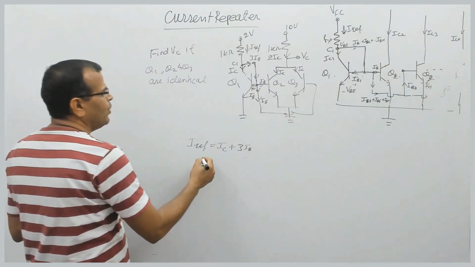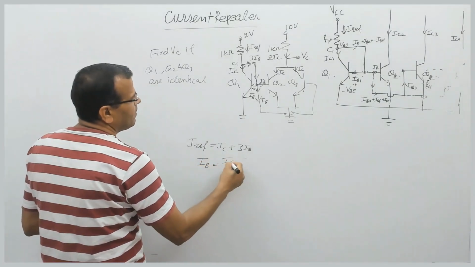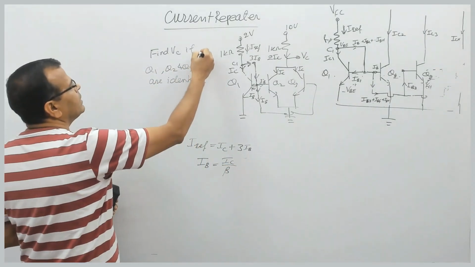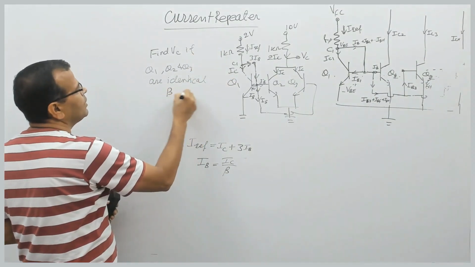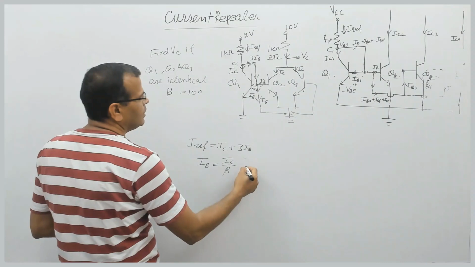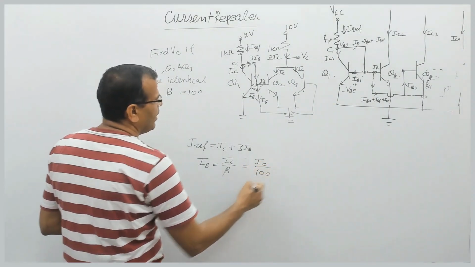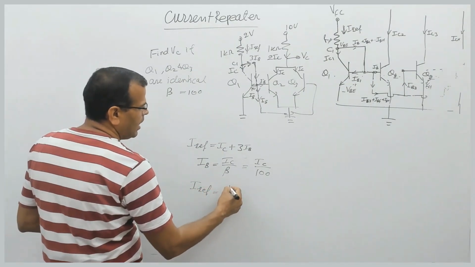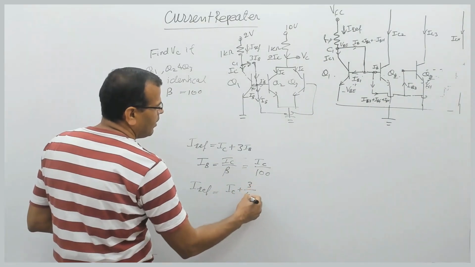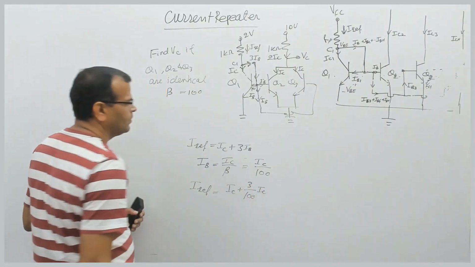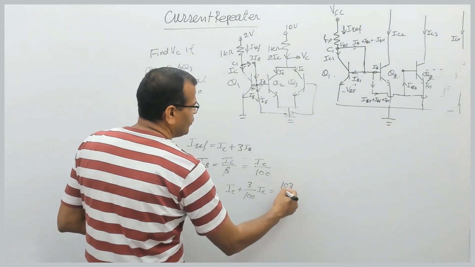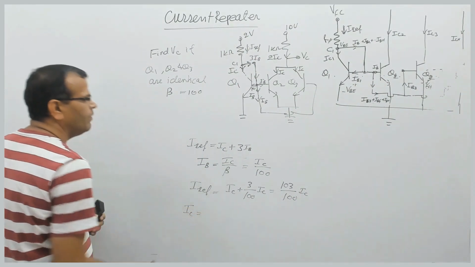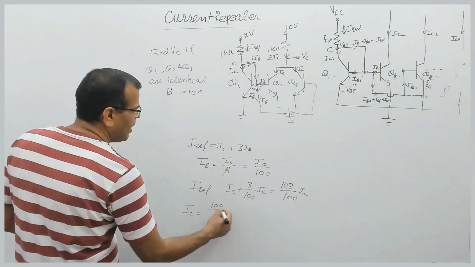Fine. Now we know what IB is: IC by beta, and beta is also given to you. Beta of each transistor is 100. That's given to you. So IB is IC by 100. So IREF will be equal to IC plus 3 by 100 IC, which is equal to 103 by 100 IC. So what will be IC? IC will be equal to 100 by 103